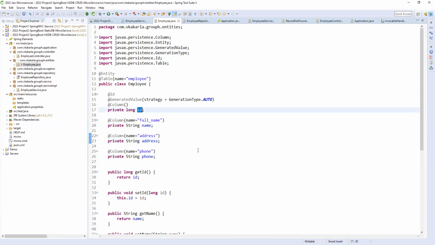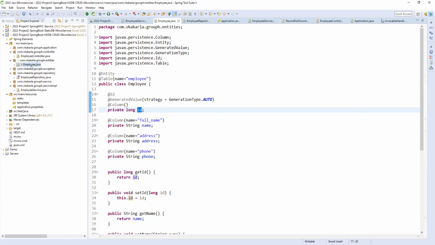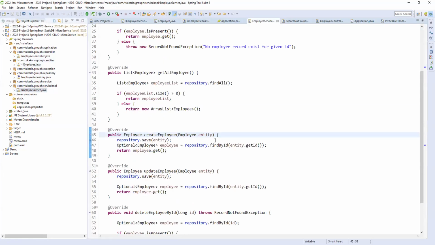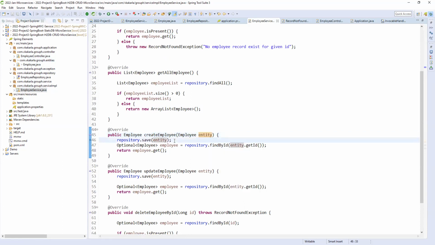ID we have, but why are we not getting the employee here? Entity dot get ID, find by ID. So let me take.